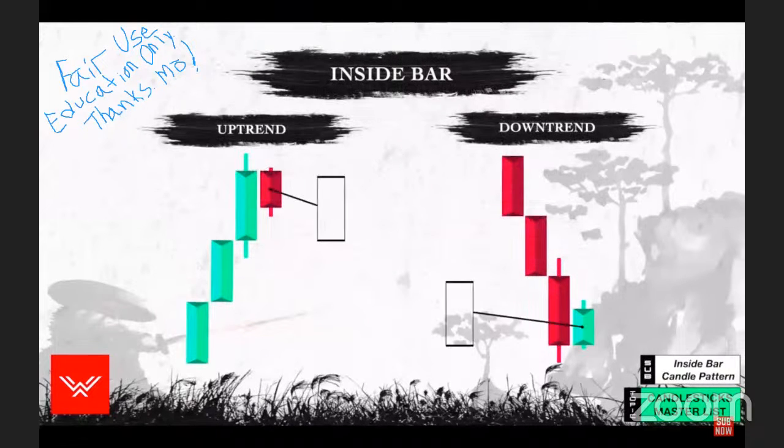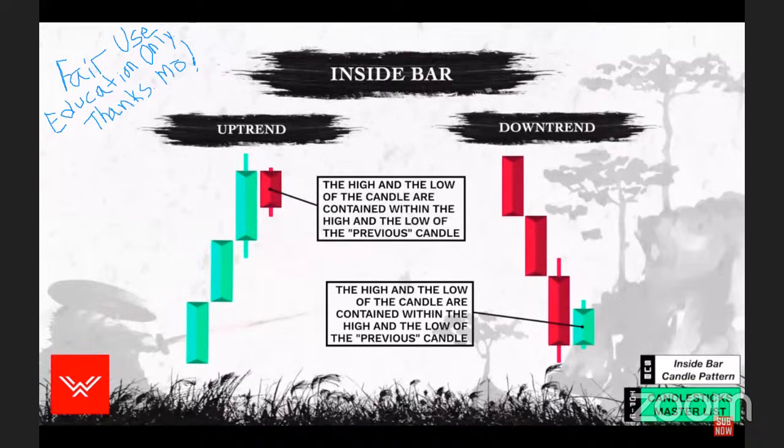This is where the high and the low of the candle are contained within the high and the low of the previous candle. Now on the charts,